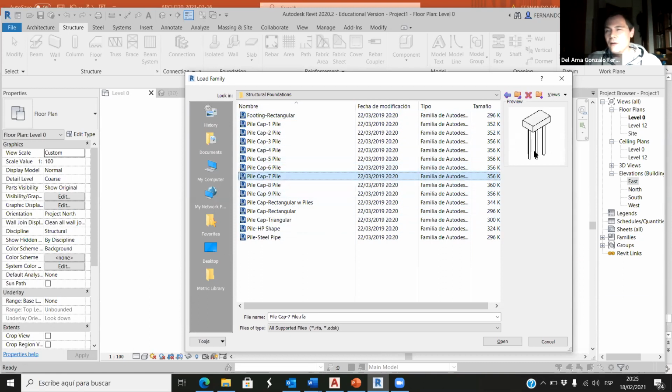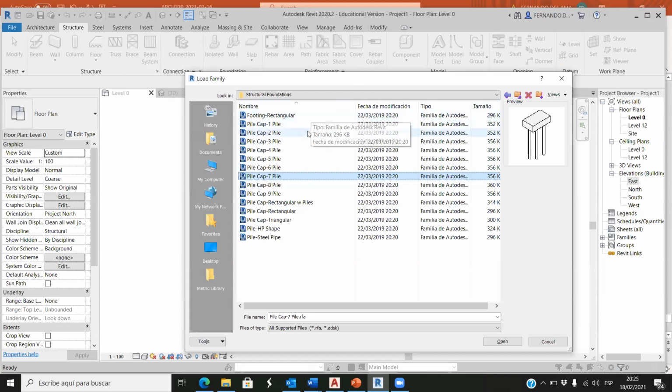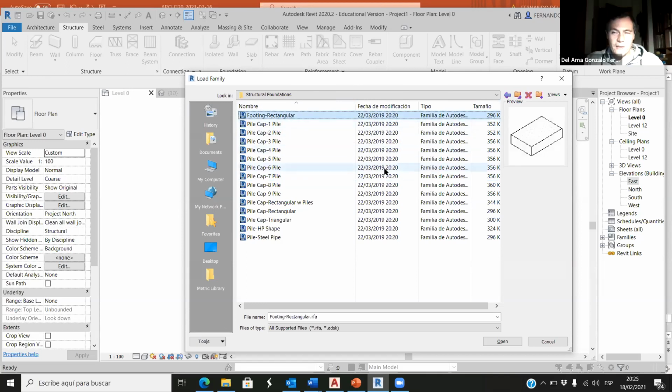But especially if we're working close to rivers or lakes, and there are a lot of rivers and lakes in New Hampshire as well, this is a huge decision that we have to make. We have to rely not on architects, but we need to test the soil to see where the solid rock is, and then make a decision about the foundations. So let's imagine that the rock is not very deep, so we will use rectangular